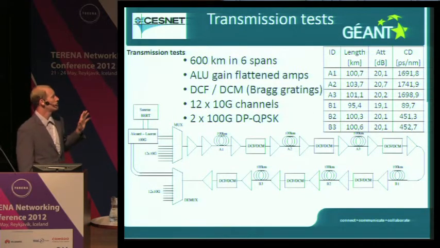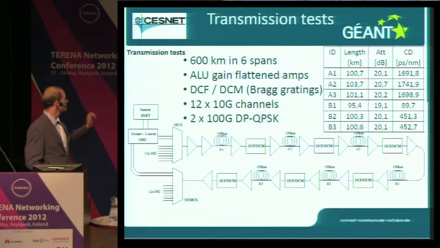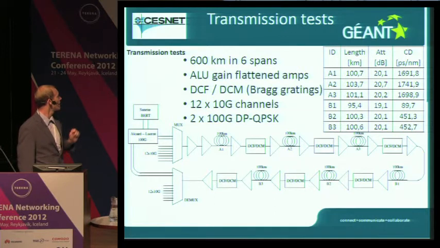Here we tried to verify that the 100G system works over dispersion compensated lines. That's an issue for our network, because our network is dispersion compensated. It's using on-off keying modulation, 10G, as a standard. So we were really curious if it would work and if we would be able to find any issue there. So we connected the 100G system through the multiplexer with another 12 10G lambdas and sent them out to the experimental network, experimental line rather.